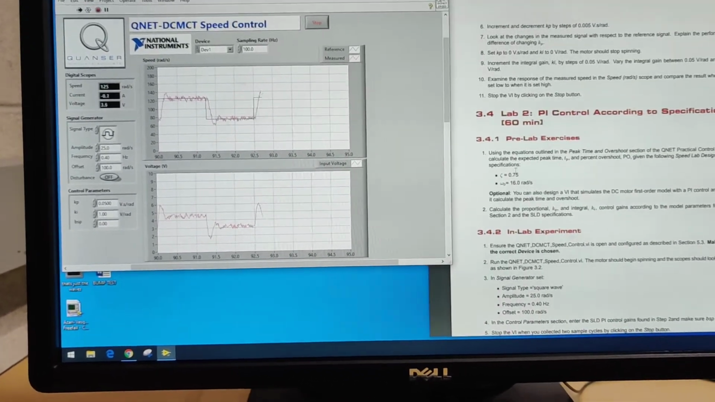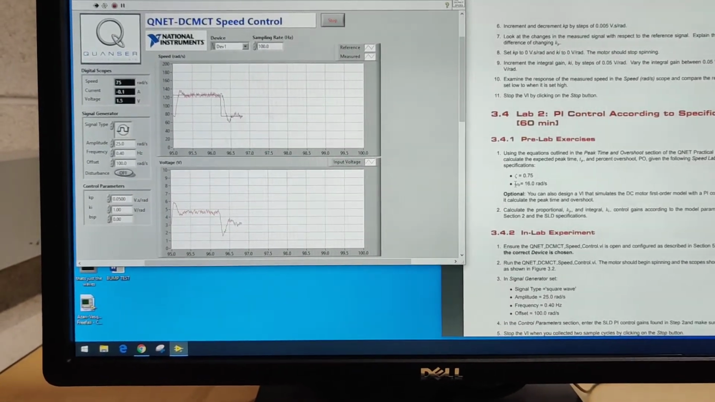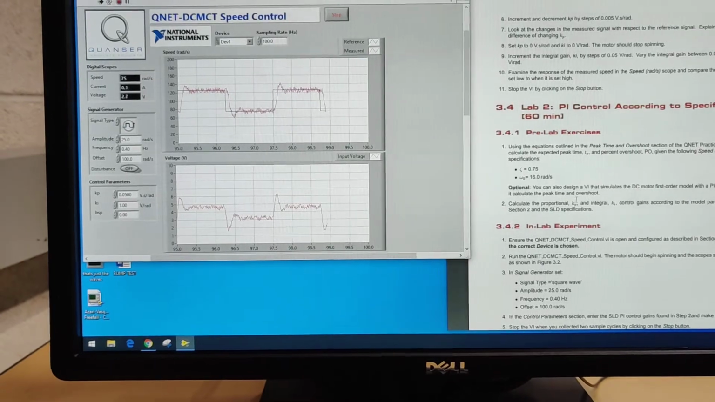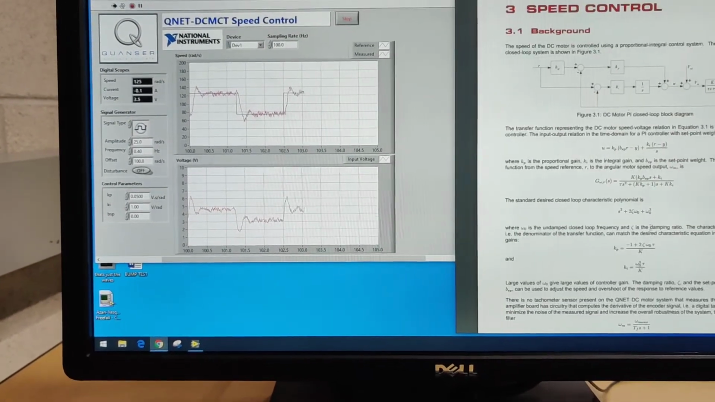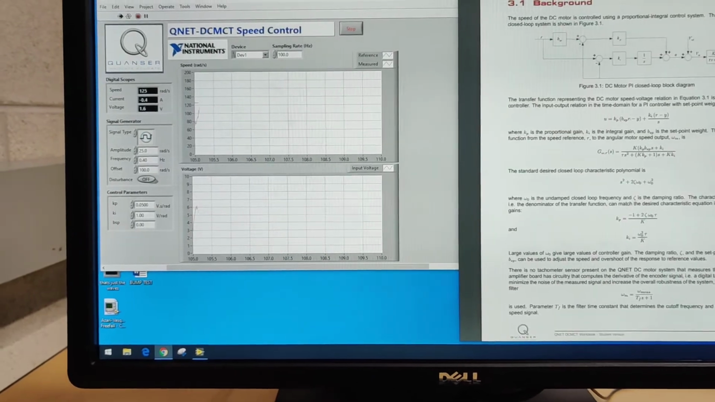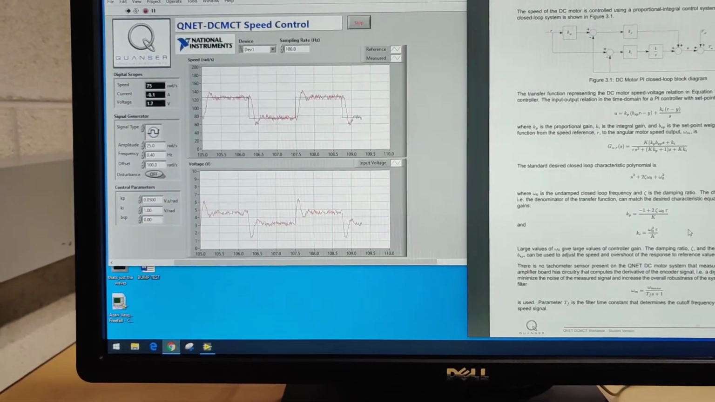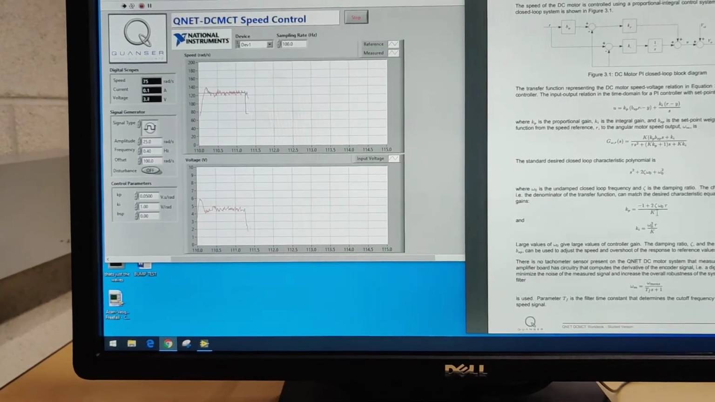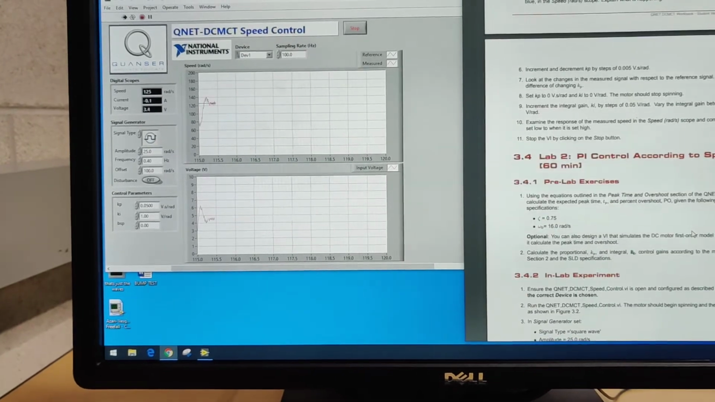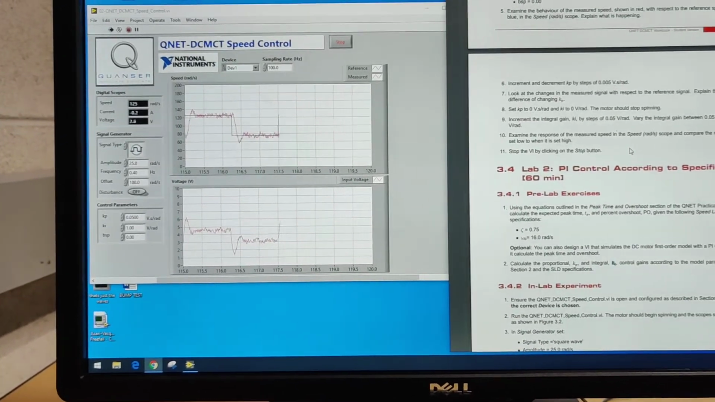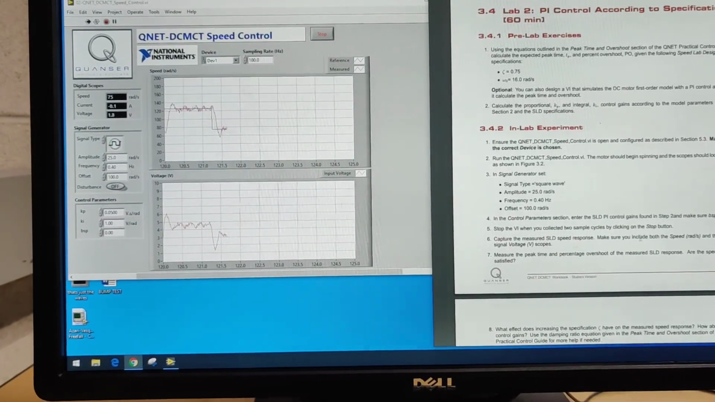And part 2: given these two parameters, zeta and omega 0, you can compute Kp and Ki by using equations 3.4 and 3.5, together with the parameters you measured in the last experiment, K and tau, and do the calculations and see what the numbers for Kp and Ki are. Okay, and for the third one,